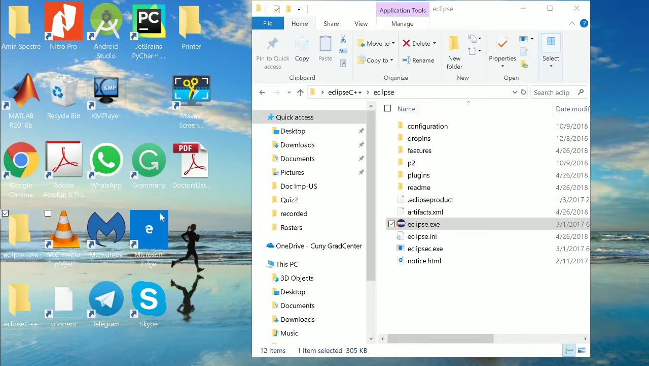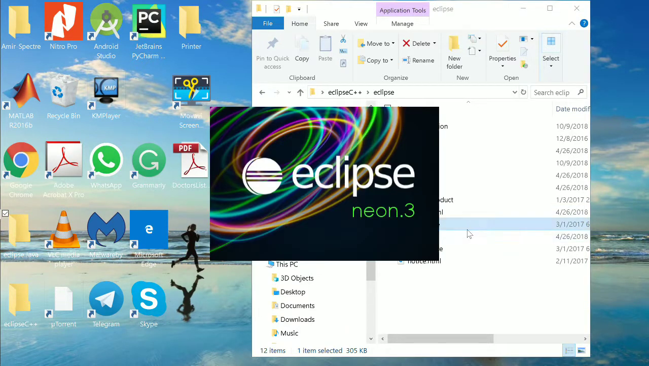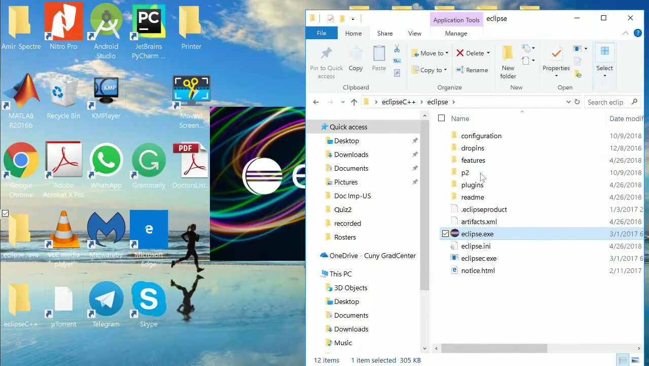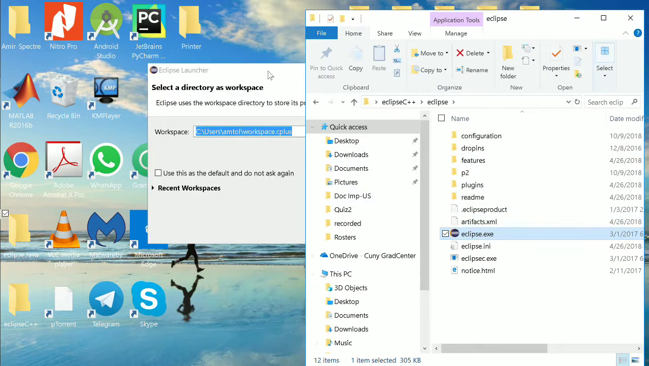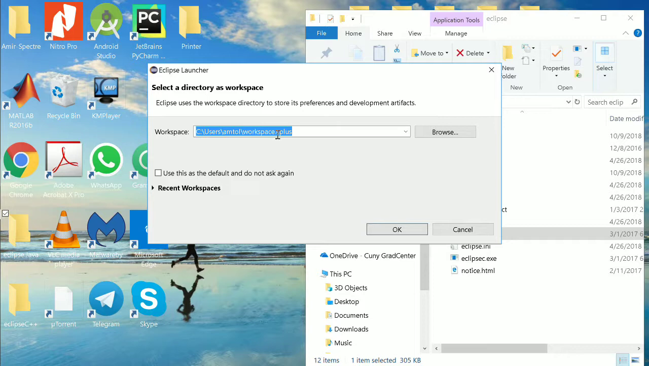After everything is finished and downloaded, you have a folder. When you download Eclipse, it's a zip file. You unzip it, and then you will see the executable file here. Double click on that. The first window is asking you to give the